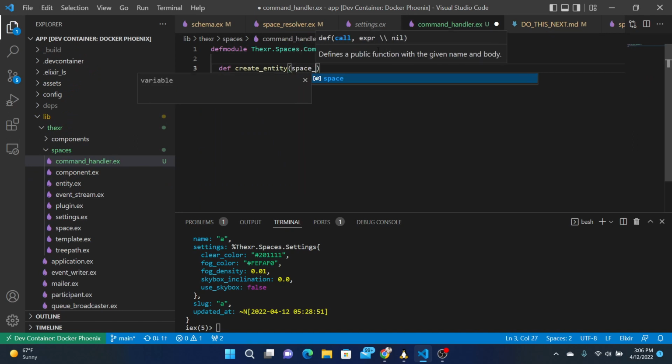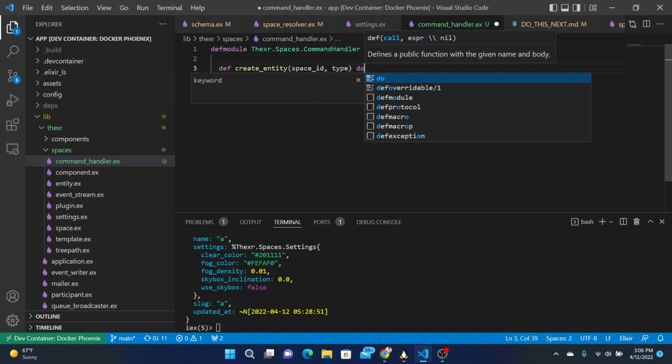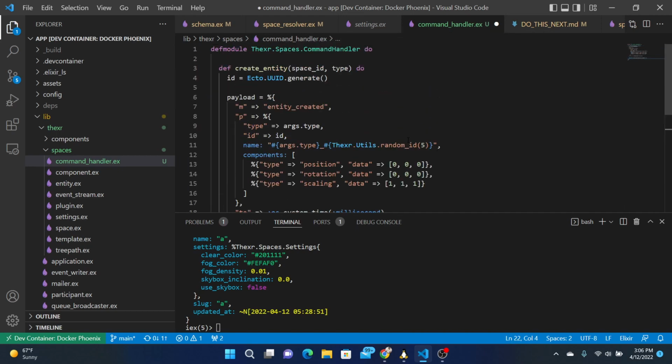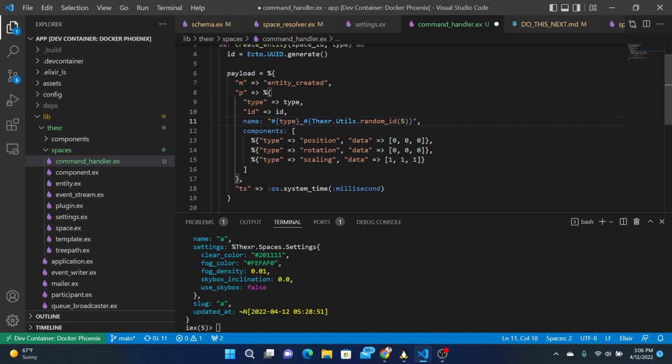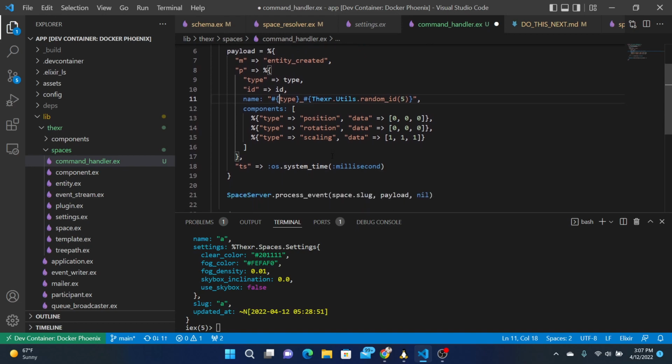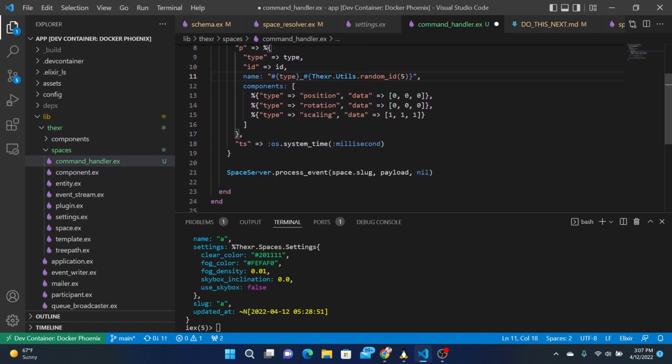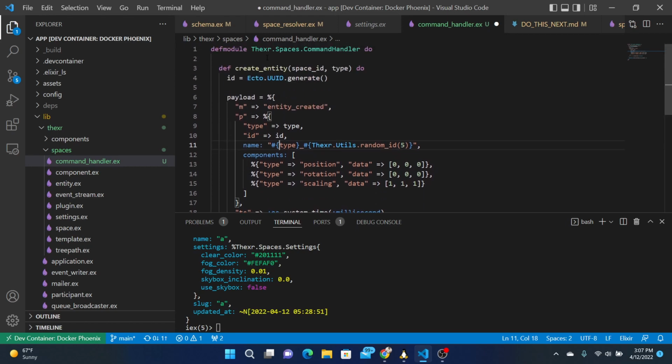I need a space ID to know which place to put the entity, and I need the type. And in here we'll generate a new UID. We'll create a payload, entity created, and we'll have the type. It'll have the, what is the ID? ID is auto-generated ID here. Then it's the type with some randomness in there, some default position rotation scaling, and a timestamp, and then we say space server.